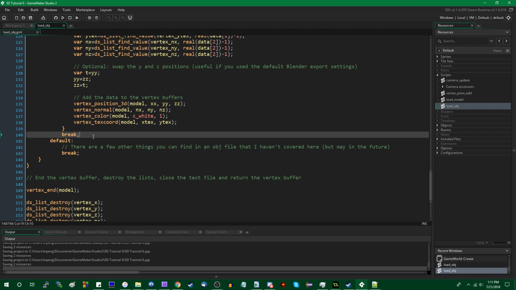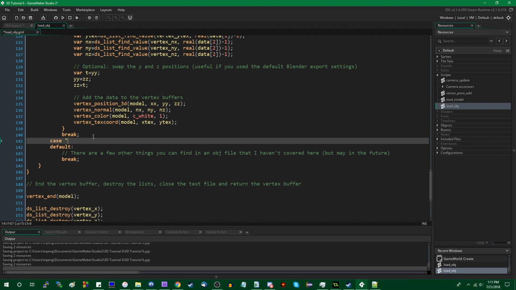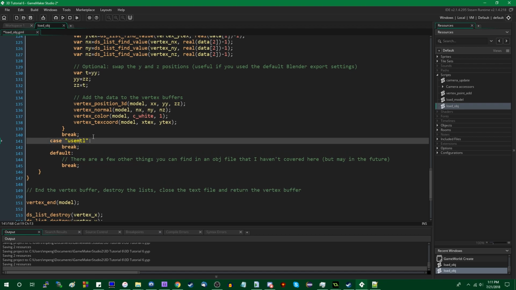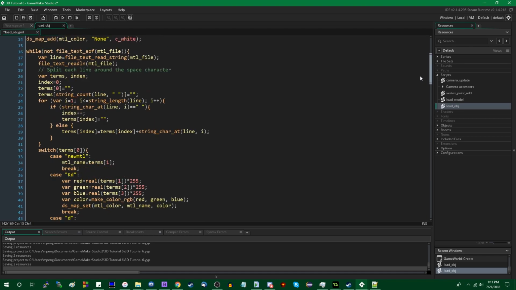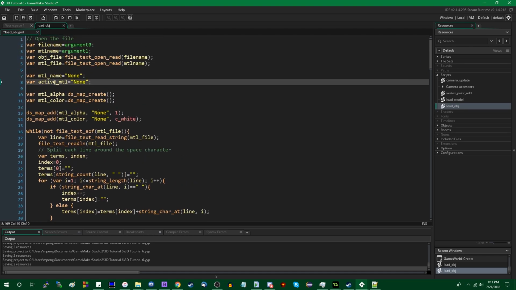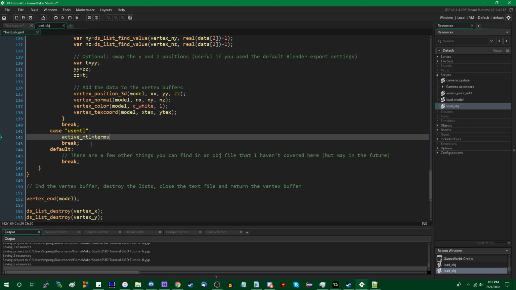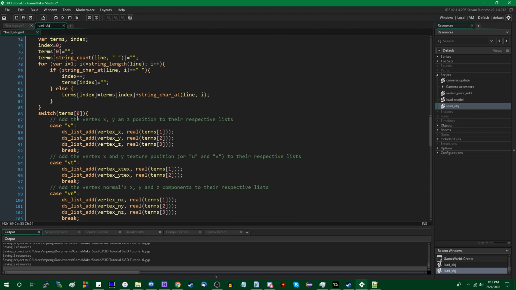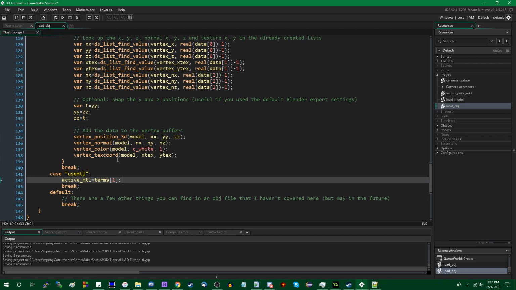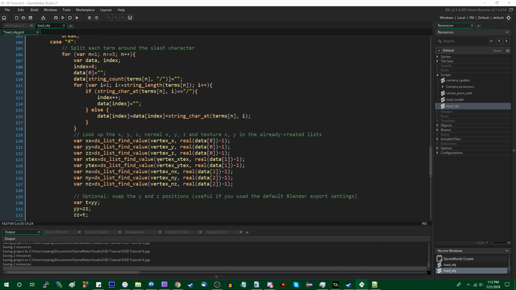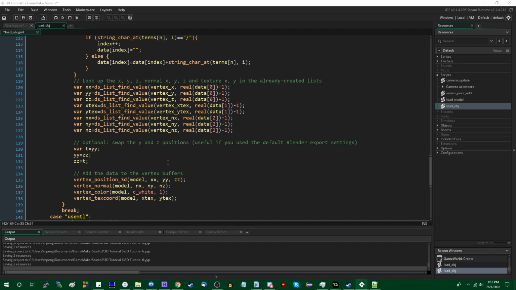I was going down here. The use MTL is going to be simple. It's just going to tell the game which material to use here, and it should be active MTL. It should just set the value of active MTL, and that is going to be terms of 1, right? Terms is the split array that I was using, and here we should go up a little bit and say